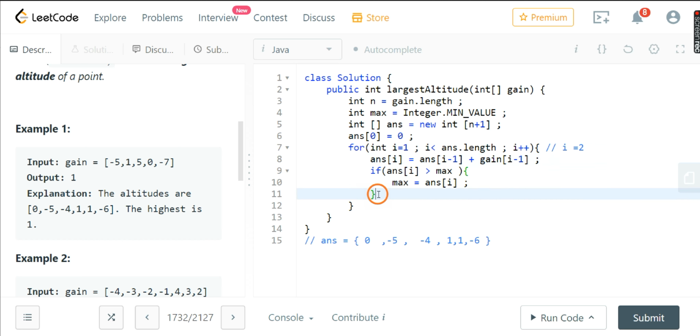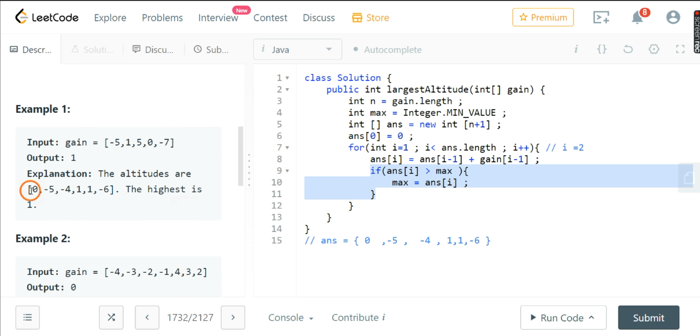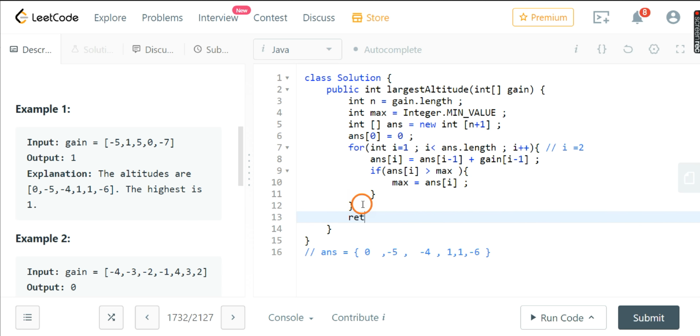So this thing we have done in order to find the maximum altitude. For example, in this, the maximum among all of them is 1. So after this for loop ends, the max will be updated with 1. And at last, we will return our max.